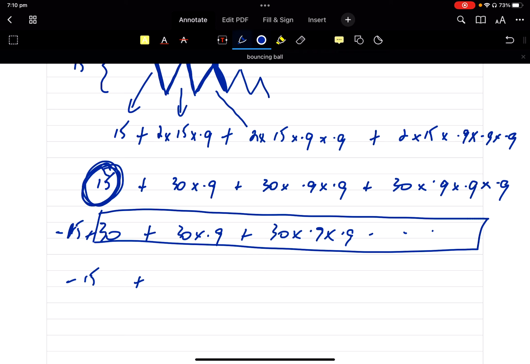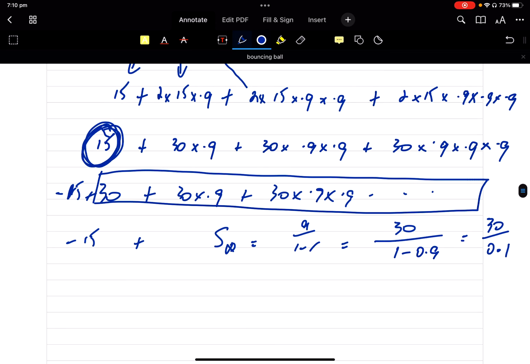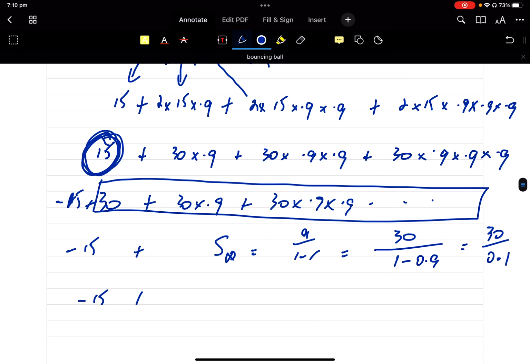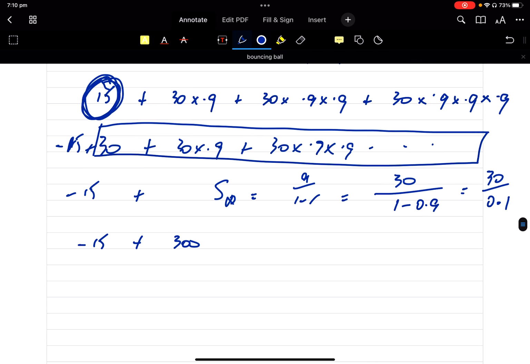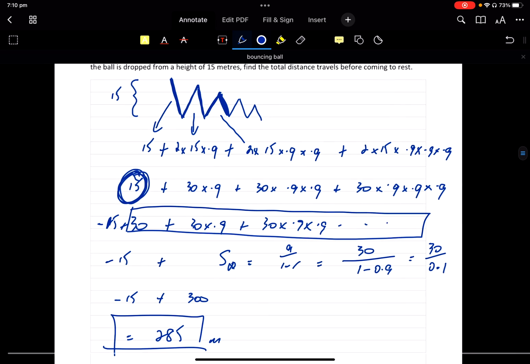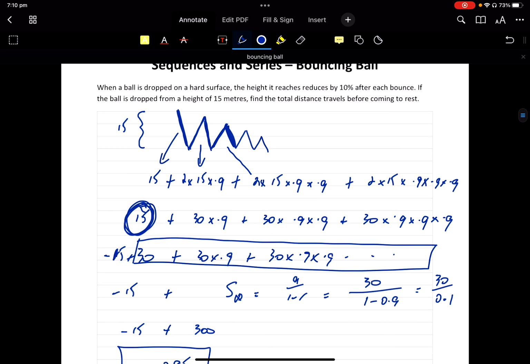Well, the sum of all those numbers in there, it's a sum to infinity. So sum to infinity is A on 1 minus R. A is definitely 30 because 30 is the first number in the sequence. 1 minus R, 0.9, which is 30 on 0.1, which is 300, which is 285. So how far does the ball go? 285 metres. So key there is to draw a diagram, flesh out that pattern,